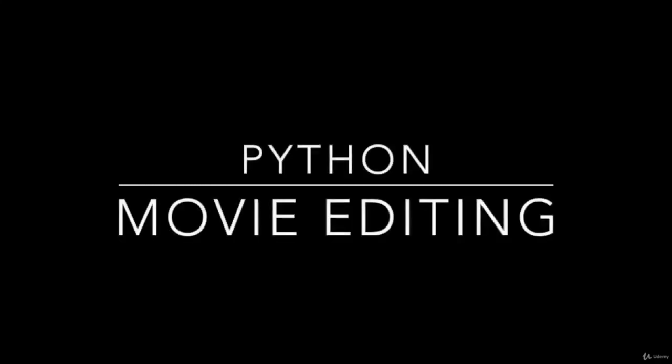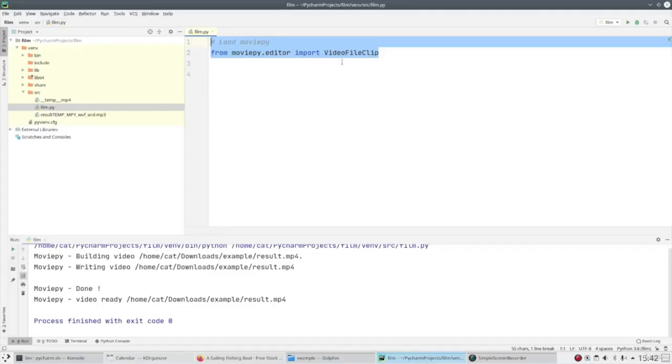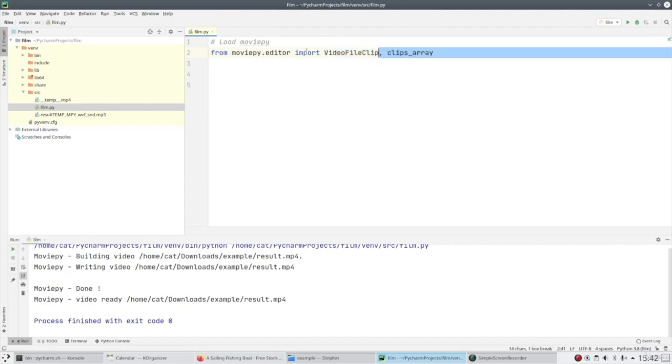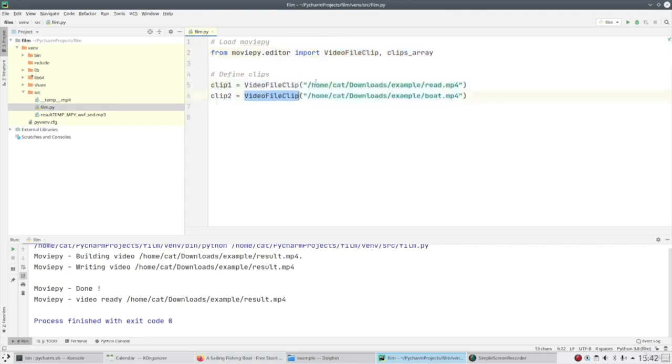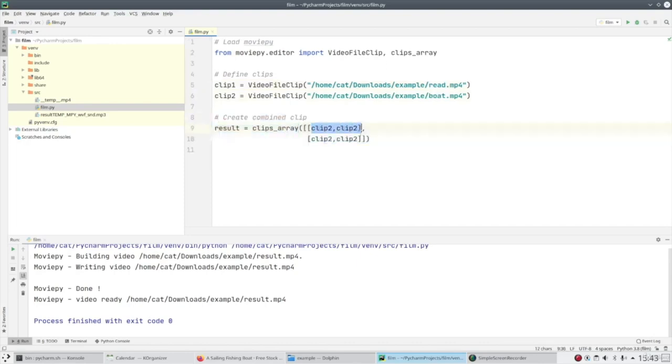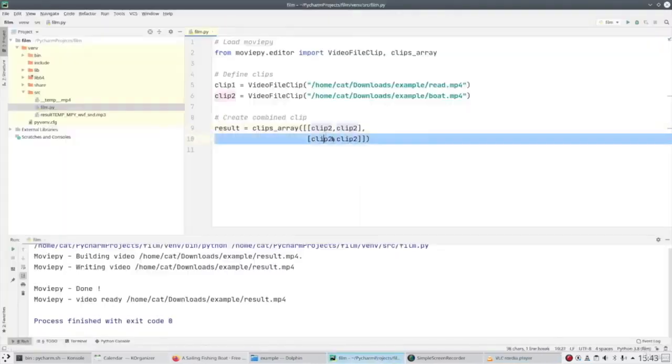Welcome to using Python to do video editing. By taking this course, you'll be able to edit any video with Python code. At the end of this course, you'll be able to extract movie data, convert videos to animated GIFs, transform videos like rotate it, concatenate stack videos, apply all kinds of video effects, resize it, crop it, and much more, all